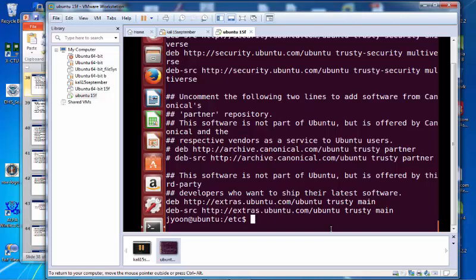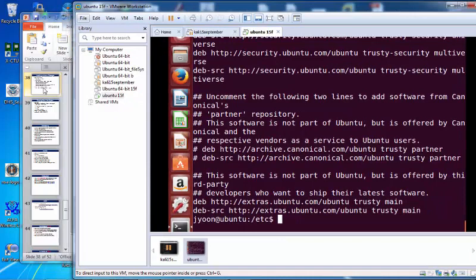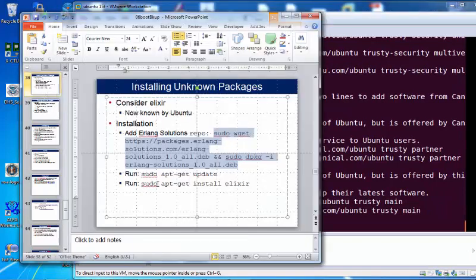Yeah, some of them are typos. But anyway, open up Blackboard and make sure that it is there, and then you can do the install of Elixir.